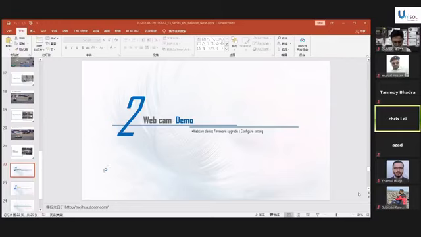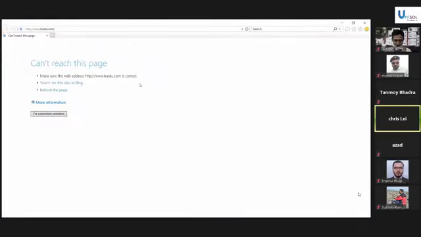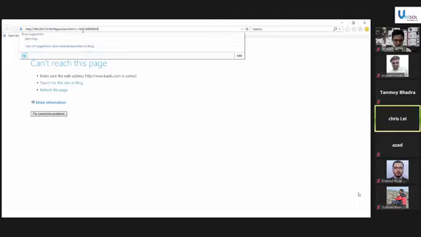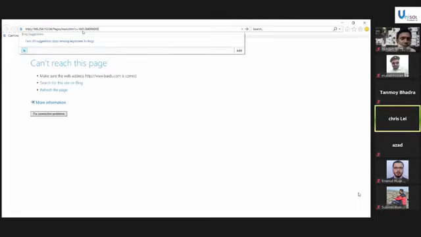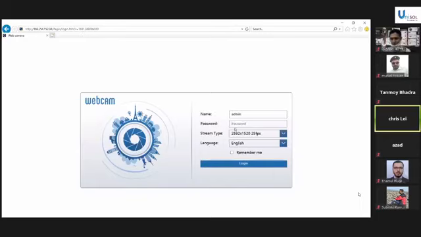I need to share our screen. Okay, here we go. When we open the IE browser, we just copy the address here. It's the PC. When we enter the first time, we need to